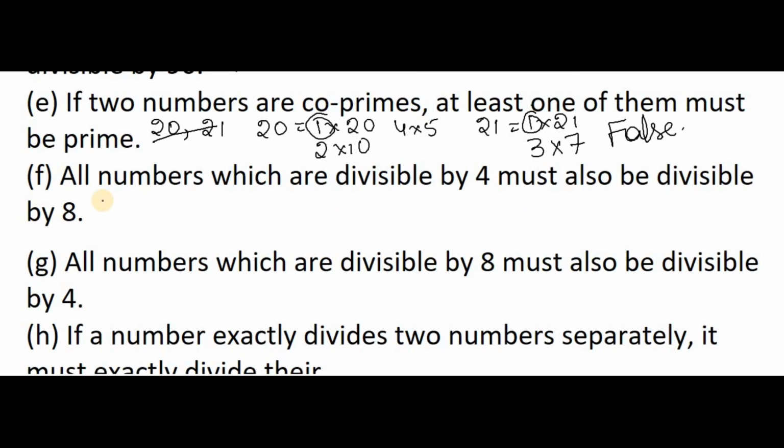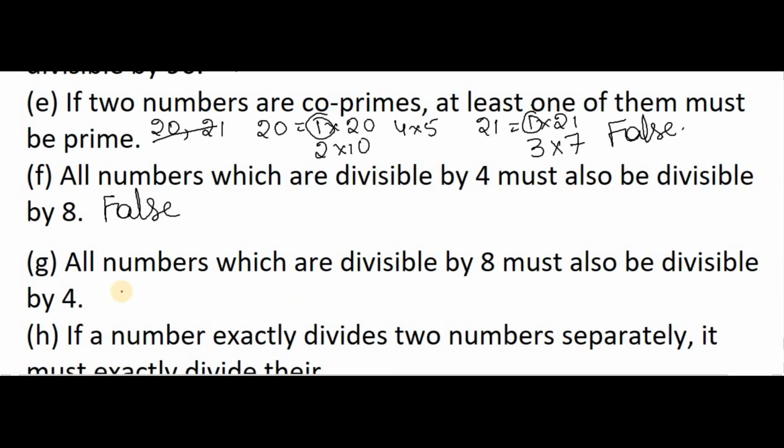But one more rule we can learn is like 4 is a multiple of 8. So that is the reason whatever the number which is going to be divisible by 4, it is going to be divisible by 8. But actually it is in reverse. The number which is divisible by 8 should be divisible by 4. So the statement here he given is false.